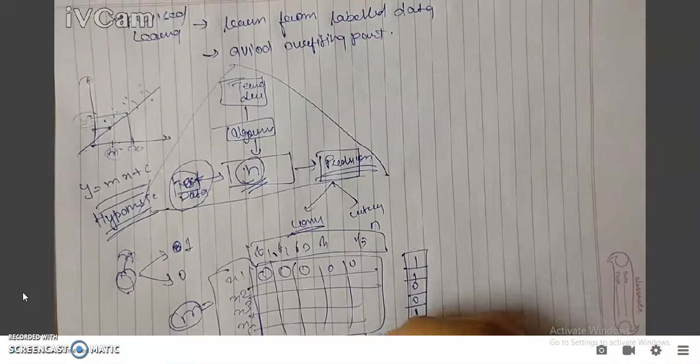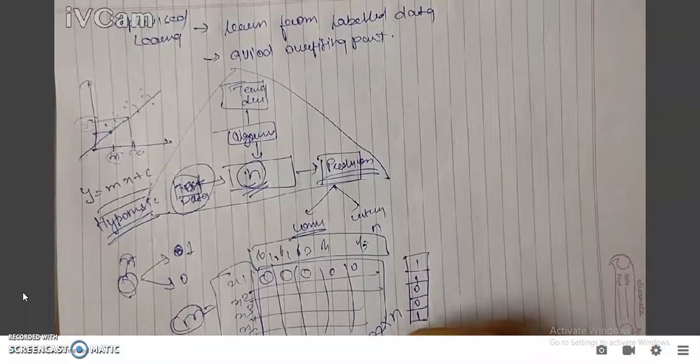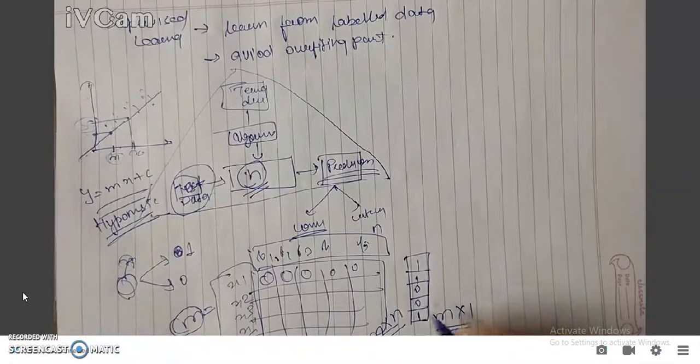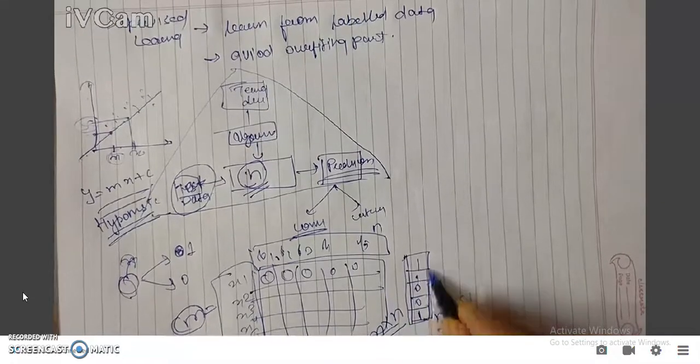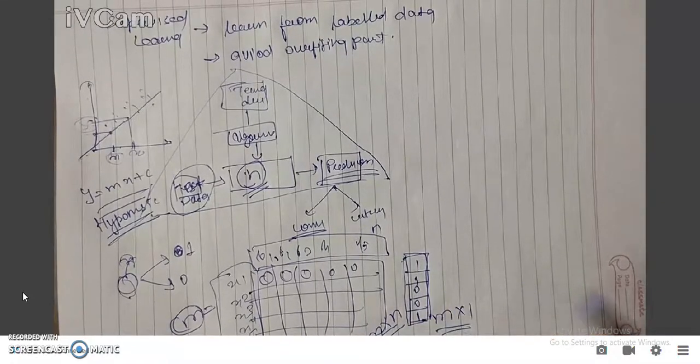So the matrix representation would be m cross n, right? And here the y would be m cross 1, meaning I have to give the result for m fruits, m cross 1, right? Because here our categorical representation is 0 or 1 only, whether it is a fruit or not. There could be many other multi-dimensional representations, like 3 categories, 4 categories, 5 categories. So for that we use different representation.